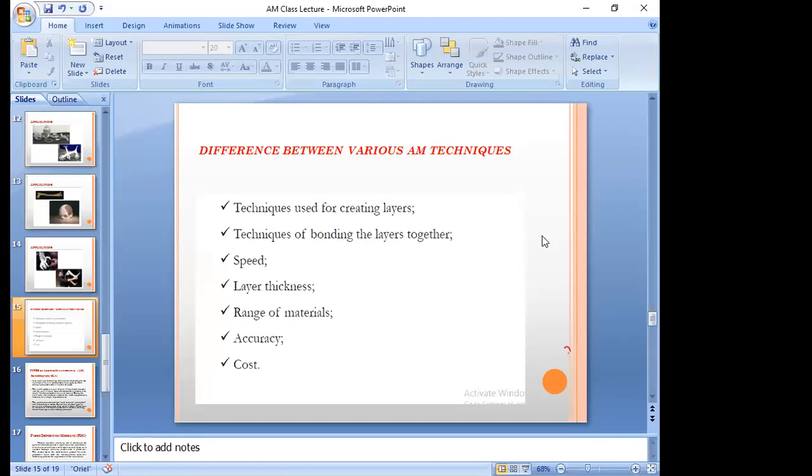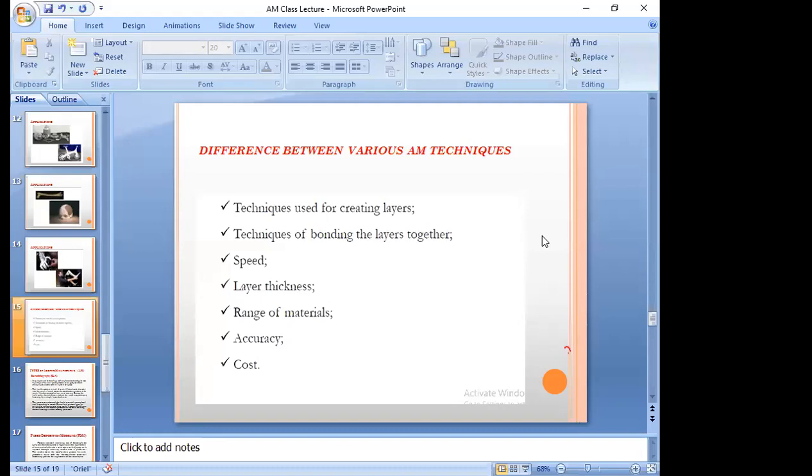If you are going to supply the product based on the demand, then you will definitely have the impact of speed, how fast you produce, and layer thickness. Based on the applications, the thickness is also an influencing factor for each product.